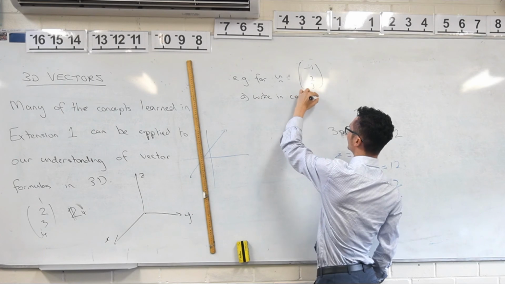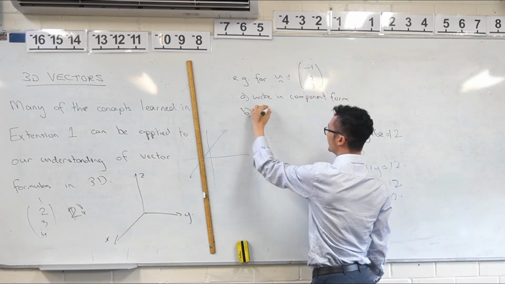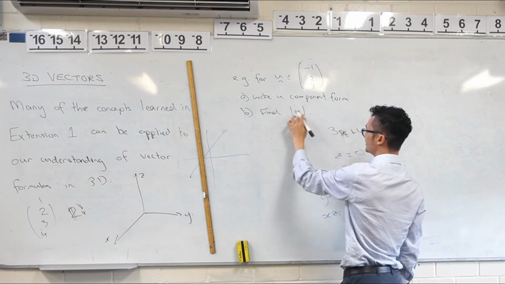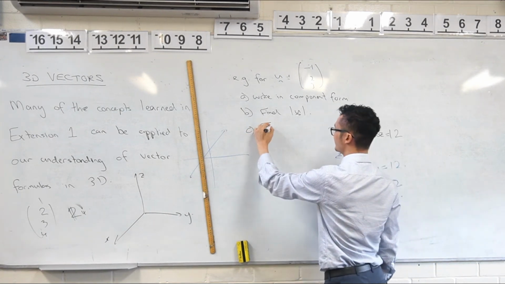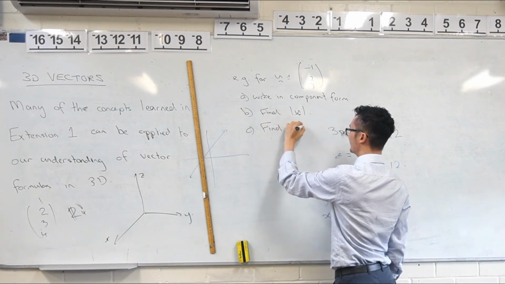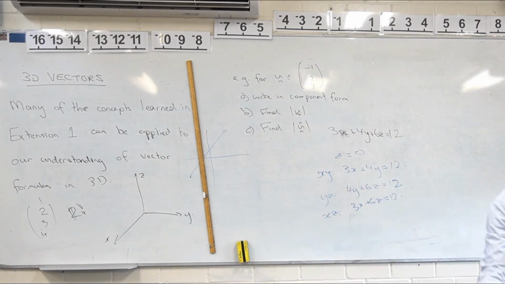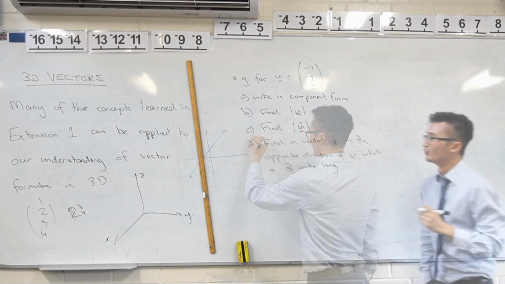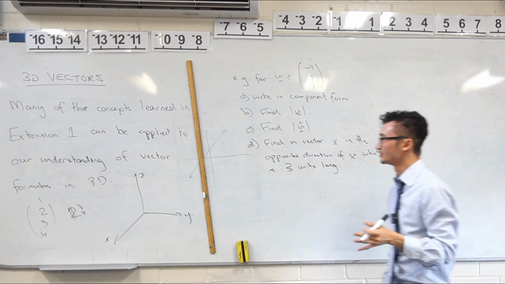We are going to do things like find, what does this mean again? Magnitude. Find the unit vector, u hat. And we can even do things like this. Because of the fact that all of these concepts that we learned in Extension 1 can be applied to the